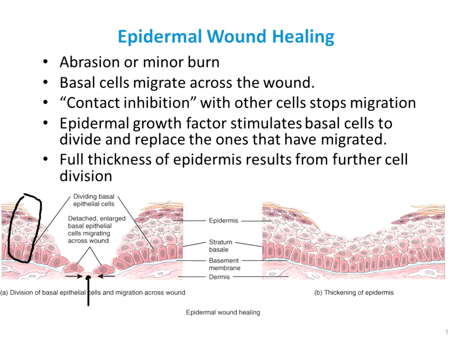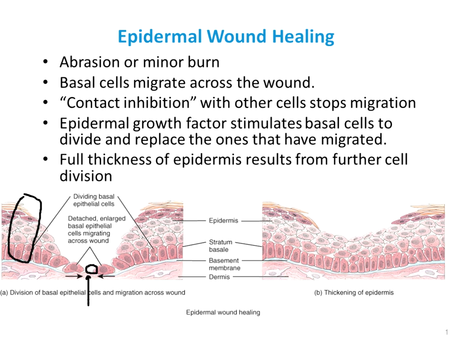So it's like a really mild abrasion. Like, if you scrape your finger along the surface of your epidermis and it leaves a white line, that's epidermal wound healing. Or a really minor burn, like a first-degree burn. So what happens is if it goes all the way down to the basement membrane, and you scrape away some of those cells here,